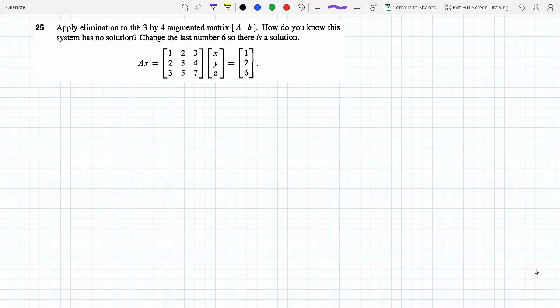Apply elimination to the 3 by 4 augmented matrix. How do you know the system has no solution? Change the last number, 6, so that there's a solution. Okay, so